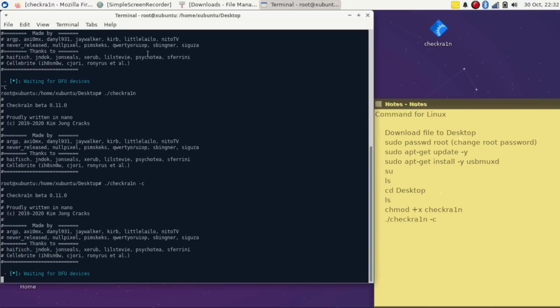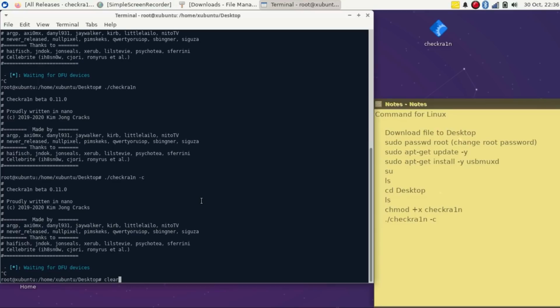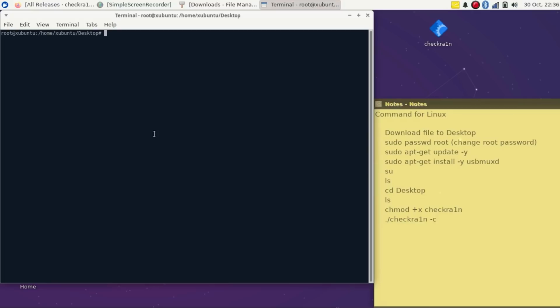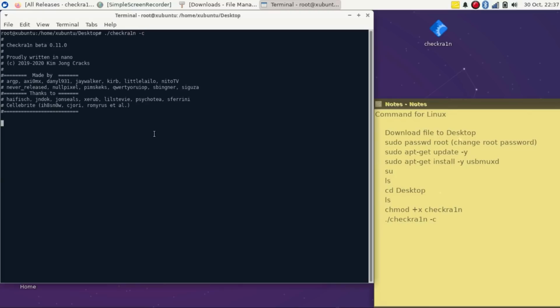And I'm assuming that all you guys already know how to put your device into DFU mode, and still if you don't know how to put your device into DFU mode, there are some key combinations for that. You need to just search on the internet according to your device model. You will get all the details to put your device into DFU mode. There are some devices in which the home button and the power button are required, and in some devices like the iPhone 7 series you need to press the side wake up button and the volume down button to get into DFU mode. So you can search according to that on the internet.